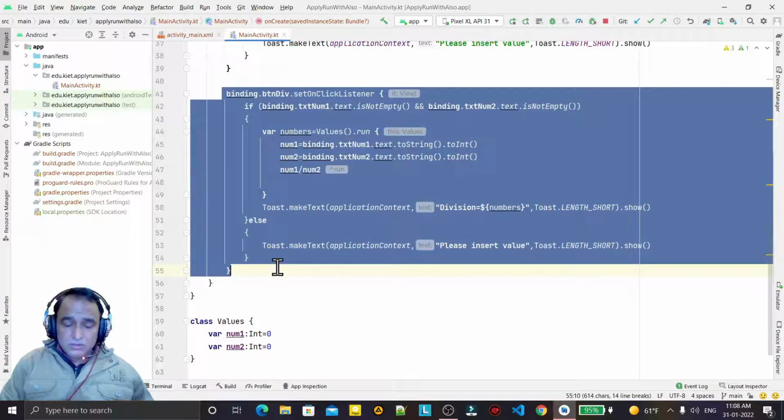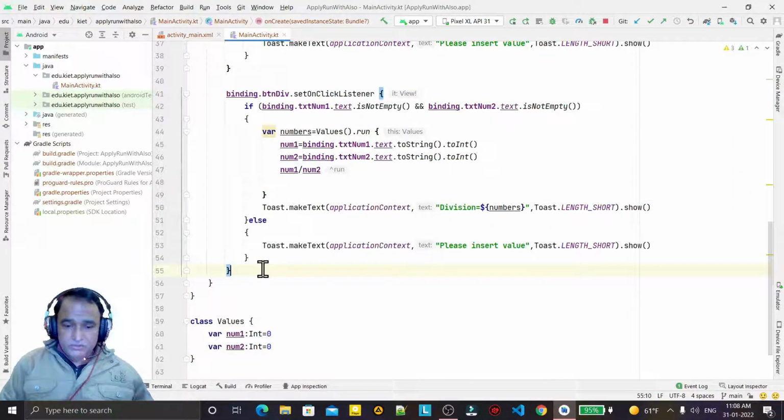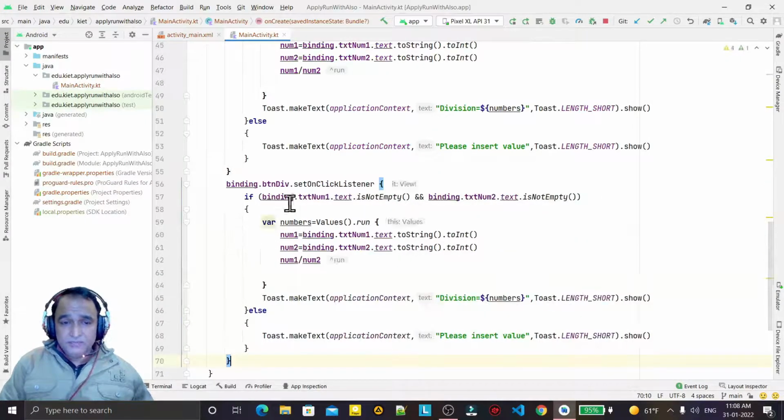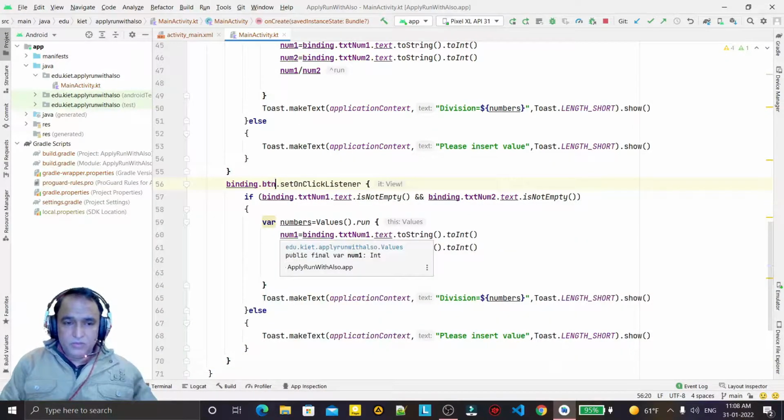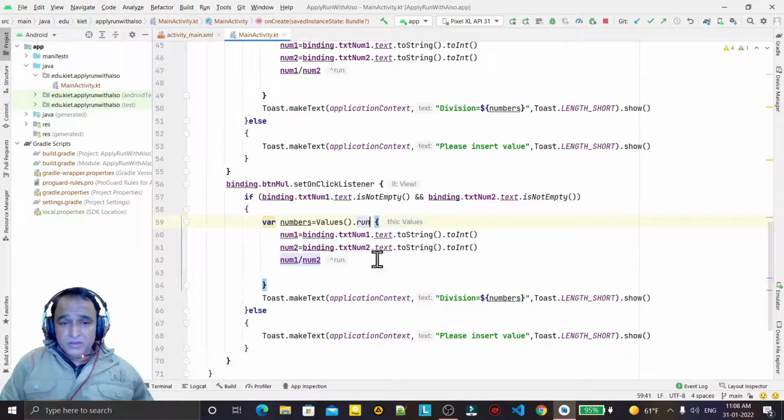Now the last one is the multiplication. So I copy paste again and I say here mul like this, and here I use the let now. You see, I just change to let and automatically we have an it.